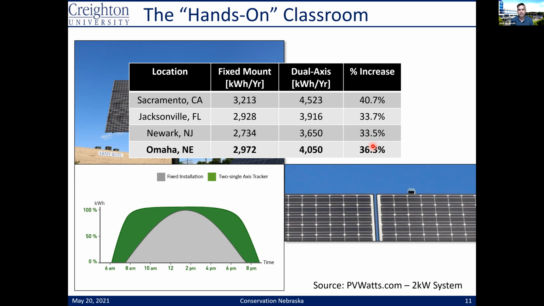But if space is an issue, or if you're really trying to eke out that efficiency for your space, the tracker is really working for you. I would also say that a lot of bigger arrays now are just doing a single axis tracker, which only goes from east to west throughout the day and doesn't worry about the tilt, because the tilt doesn't add a whole lot. And the single axis trackers only have one additional mechanical component, which is a little bit easier to service.